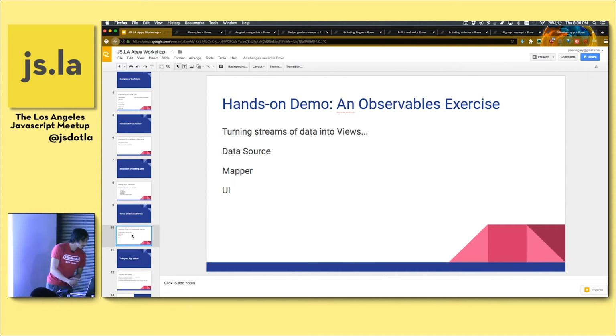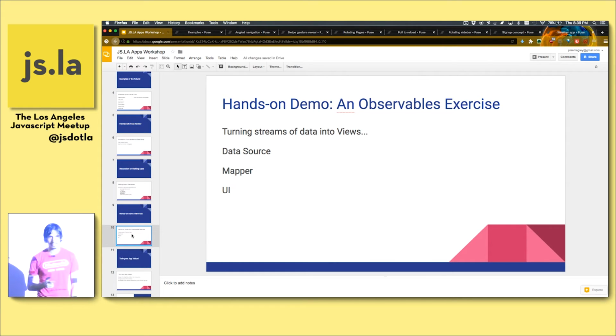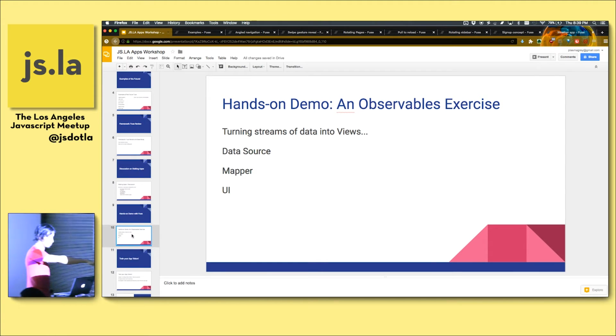All right. When I say go, we'll start. Data source, you're going to talk about your experience at js.la, whether it was tonight or a previous js.la. Just start talking, whatever. Now, everyone in between, mappers, you're going to take the last word of their sentence, and you're just going to say it out loud. And then everyone here, you're going to repeat that word all the way down, and then the UI, you're going to write that word down. Those words are going to keep coming down, and you're going to write all of them down. Does that make sense? And then you're going to try to put those words into a coherent sentence.